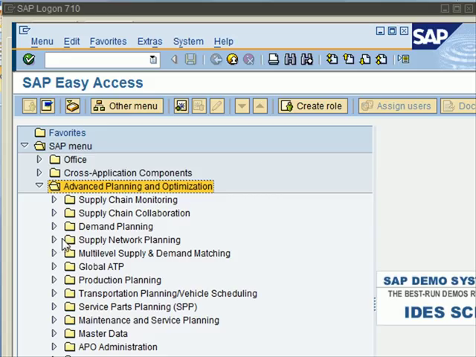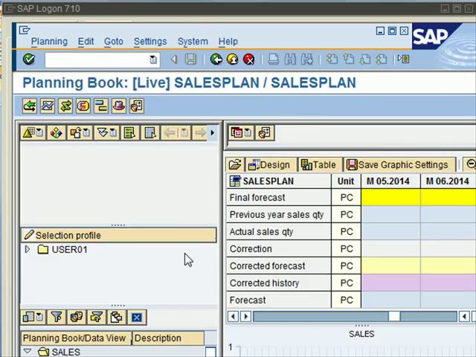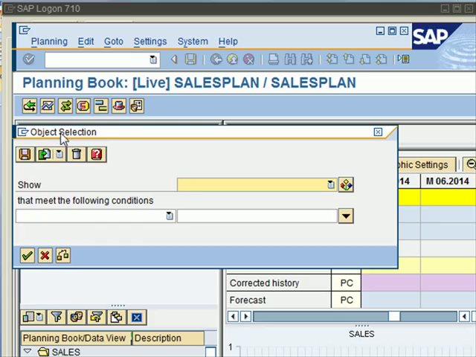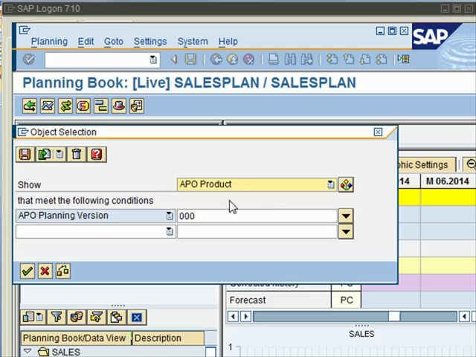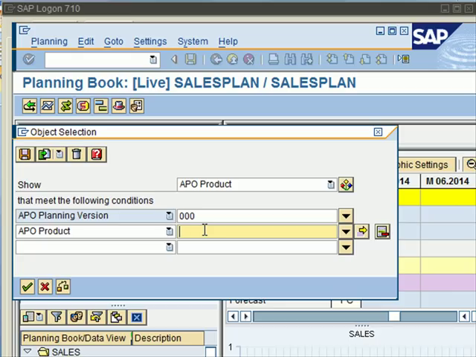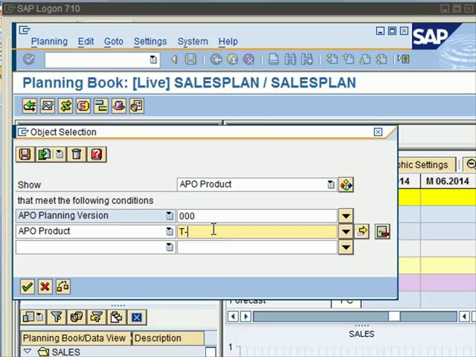So we go to APO, demand planning, and we will do the interactive demand planning. So I double click on this. The transaction code is STP94 as you saw, and let me select my APO product, planning version 000, and APO product is what I'm going to plan for. So the product I'm going to use is a standard IDIS product TF201,